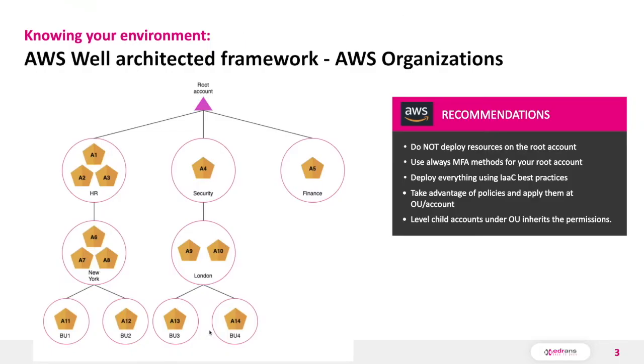I wanted to start explaining how the AWS Well-Architected Framework recommends to use AWS Organizations, an AWS account management service that enables you to consolidate multiple AWS accounts into an organization that you create and centrally manage. This way, we're able to create a root account and make all the other AWS accounts children of the main one, classifying them in what are called organizational units, or OUs. Inside these OUs or AWS sub-accounts, we can have one or more environments spread all across the whole hierarchy.